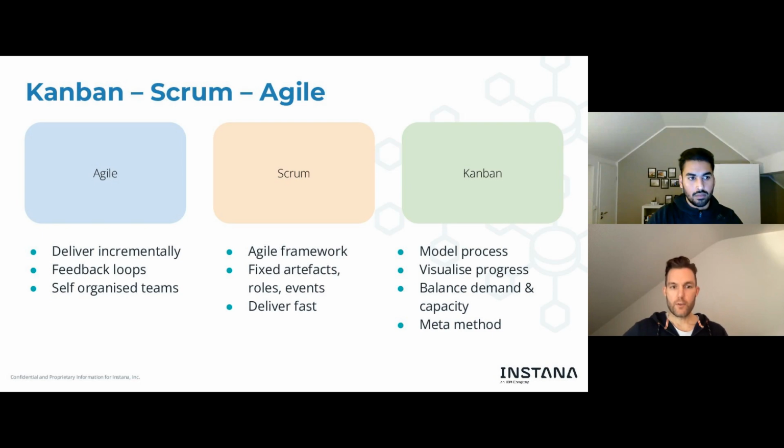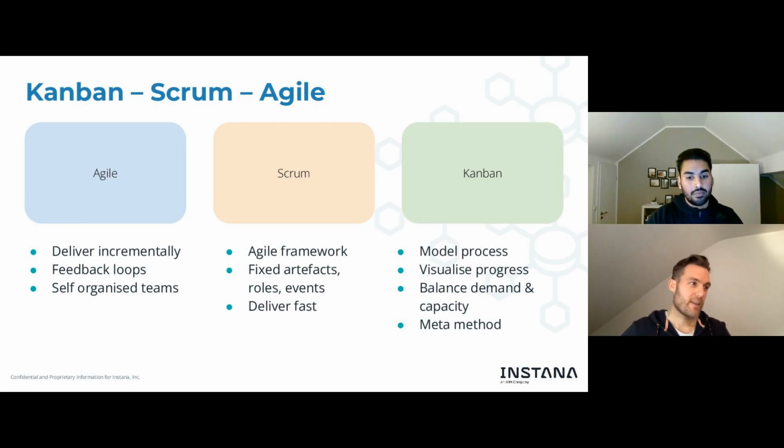And of course, all the teams were already self-organized. So there was already a certain degree of autonomy for each team to deliver its artifacts and to deliver its outcome. So that was actually a pretty good starting point to choose a more structured way of working.